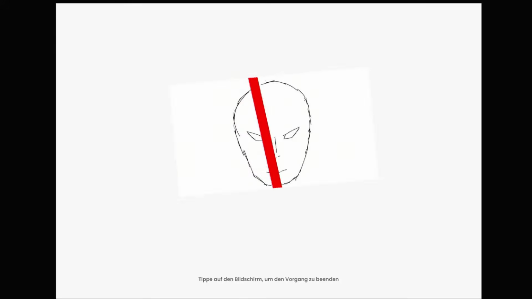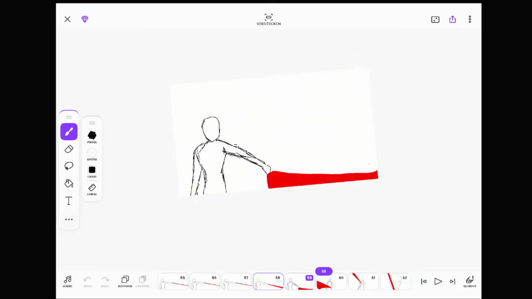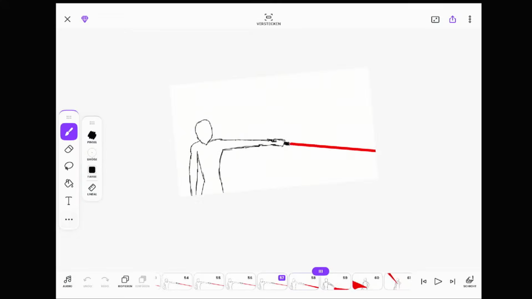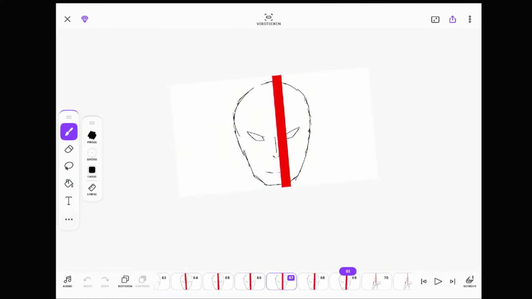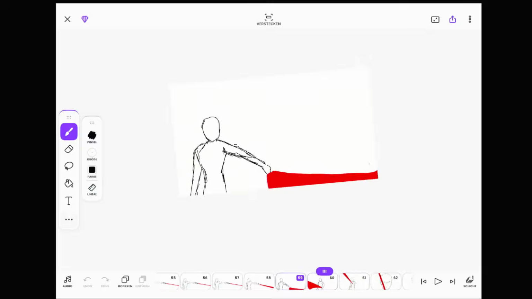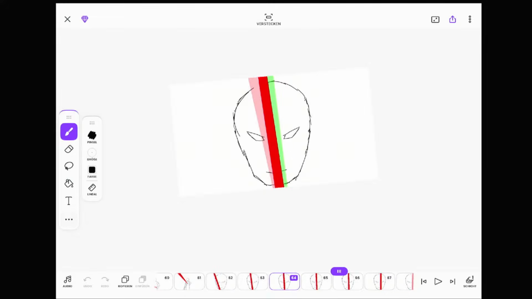So maybe, yeah, that's way smoother. And it was because the lightsaber was not moving in the same direction at first. It was moving in the same direction, but kind of moved around.